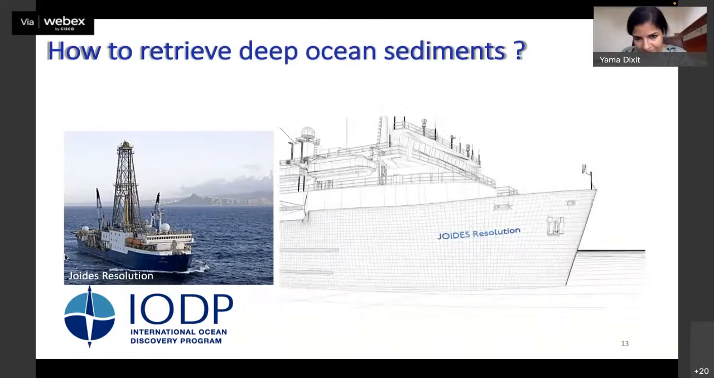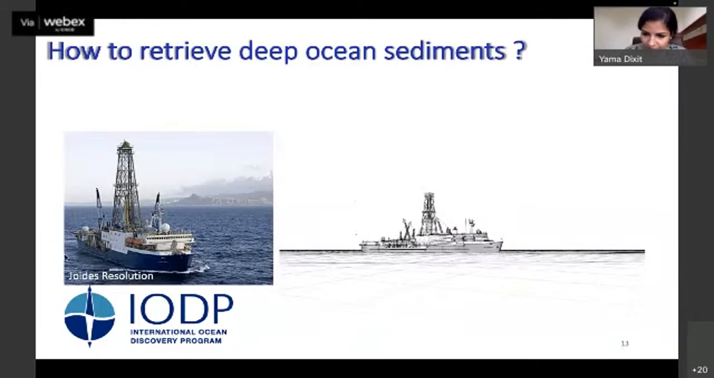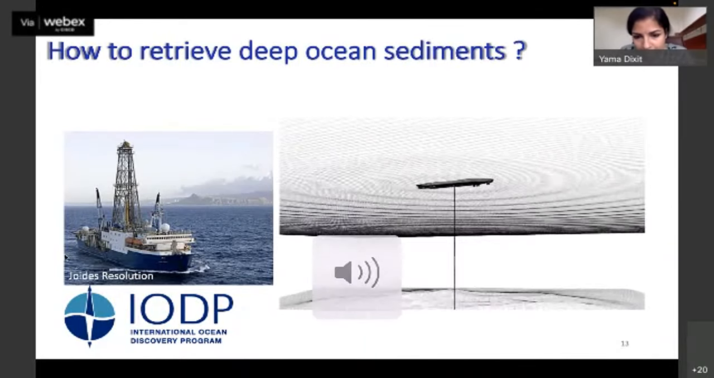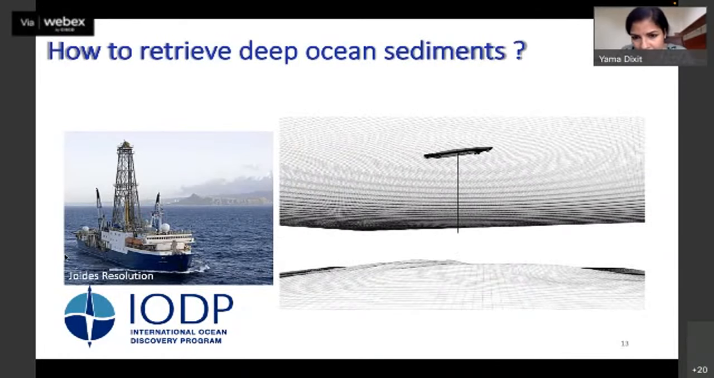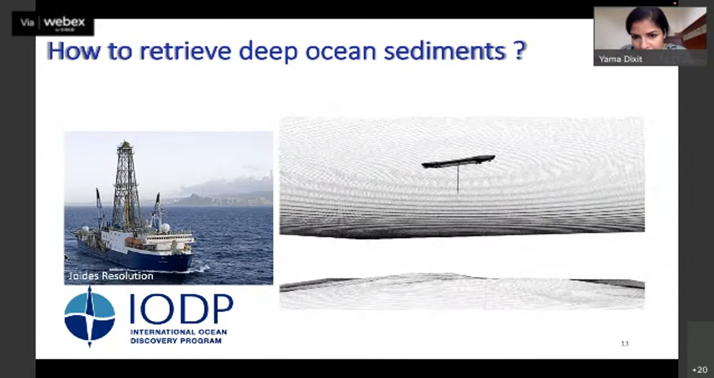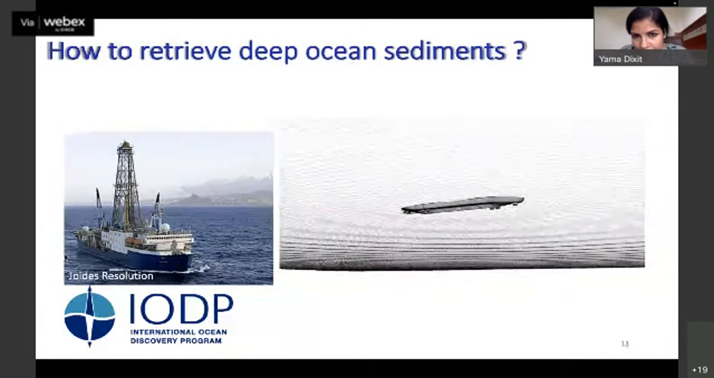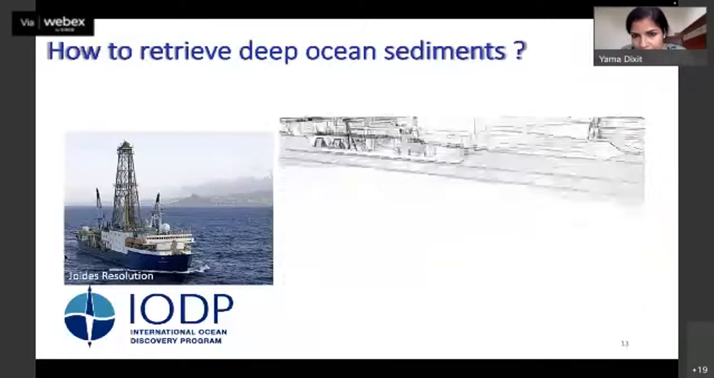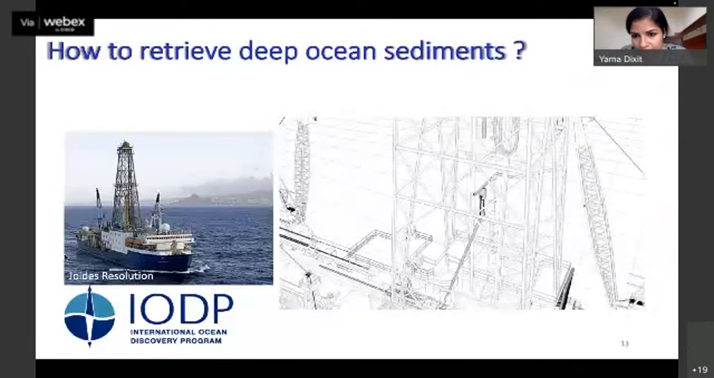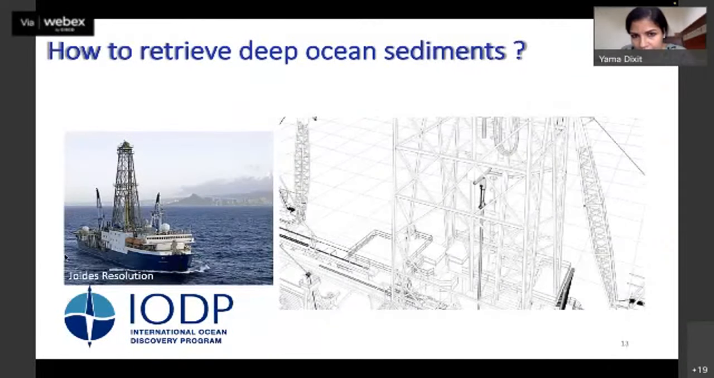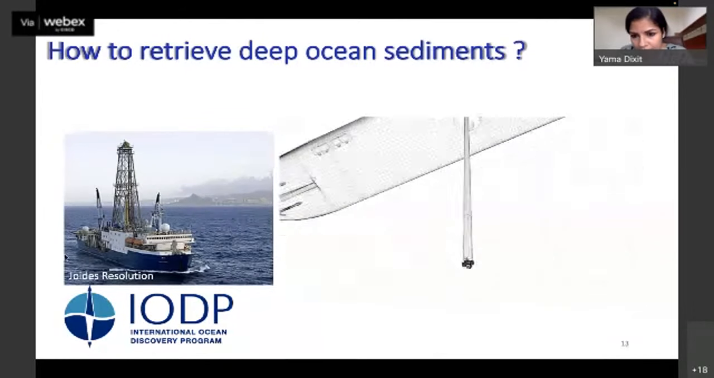The main purpose of the JOIDES Resolution is to drill into the ocean floor and bring up sediment cores for scientists to study. These sediment cores can give us a lot of information about the Earth. Many pieces of pipe are put together under the derrick on the rig floor to form the drill string. The crew